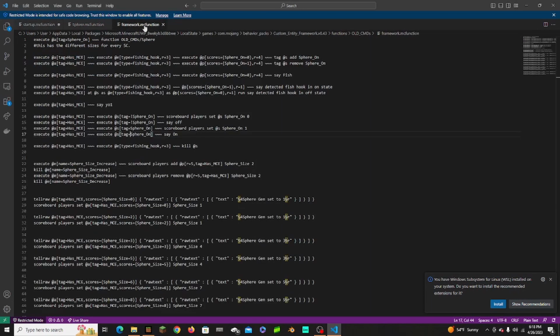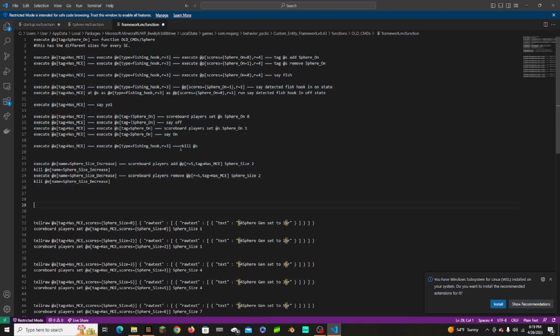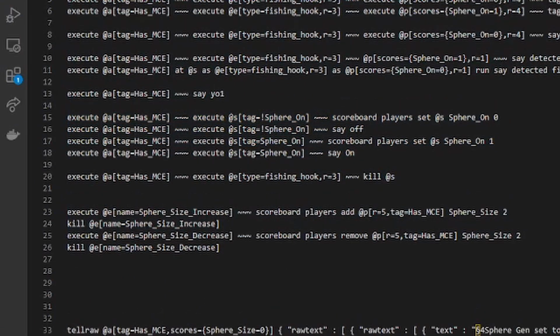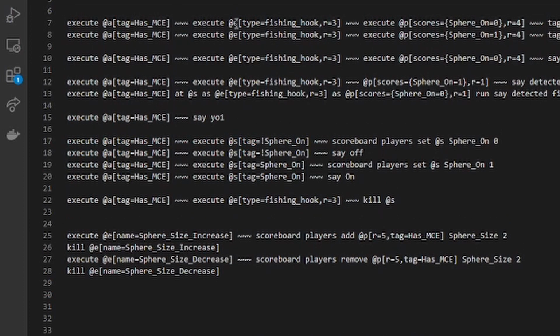Okay, so this is the framework function. This is correct. So this code is what we're going to look at right here. Okay. So this, first off, tests, you're going to want kind of an identifier. Hey, don't execute on everyone, only execute on people with this tag. You don't need to do that. You could execute on all players. From what I have gathered, functions use old style execute commands. If you don't know those, find another video. I will maybe make one. I do not know. Then I execute on fishhook radius 3